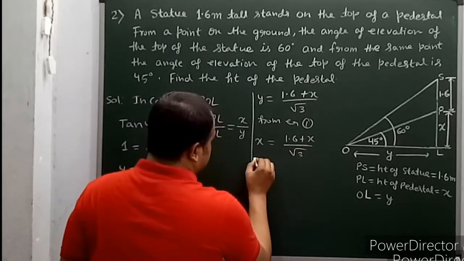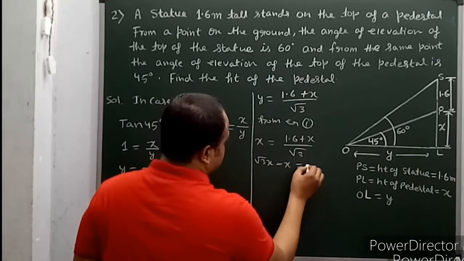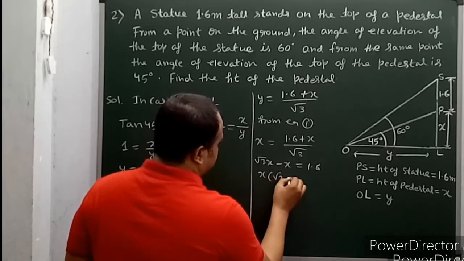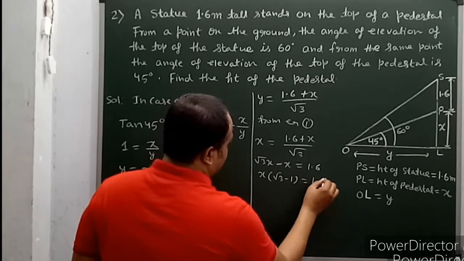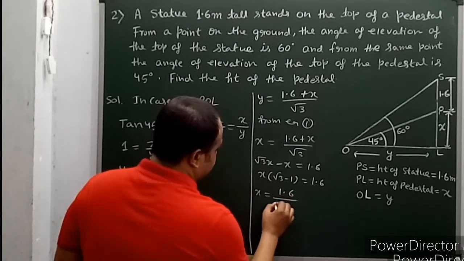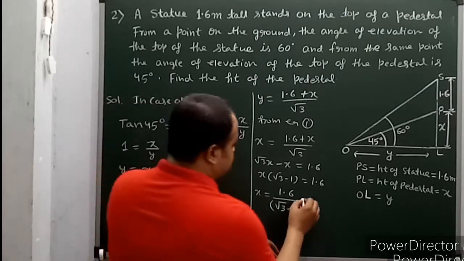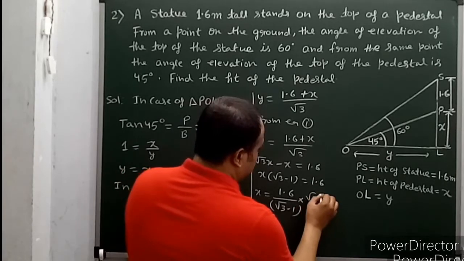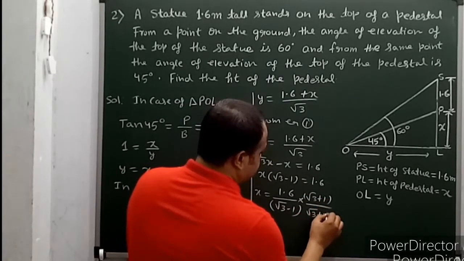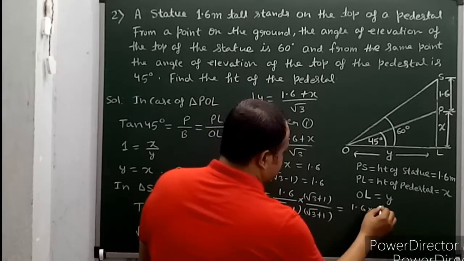Now we do the cross multiplication. Root 3x minus x equals to 1.6. If you take x common, root 3 minus 1 equals to 1.6. X is equals to 1.6 by root over 3 minus 1. Now we have to rationalize it. So we will multiply by root over 3 plus 1 in numerator as well as denominator. We will get 1.6 into